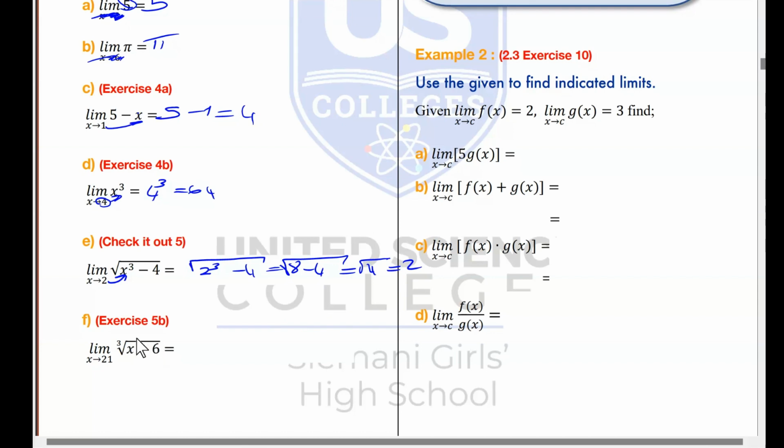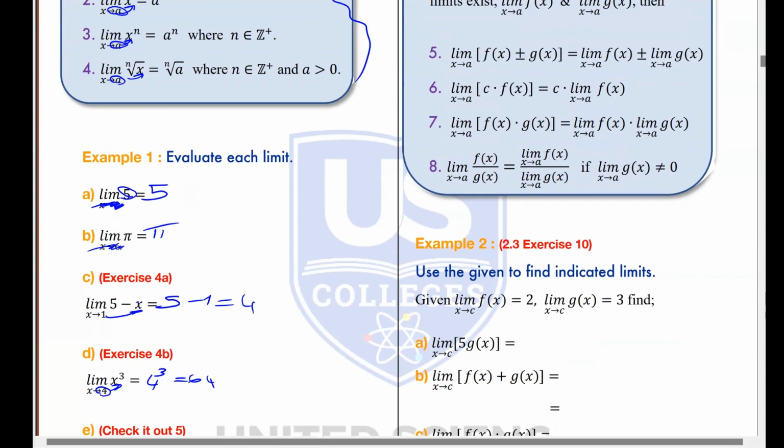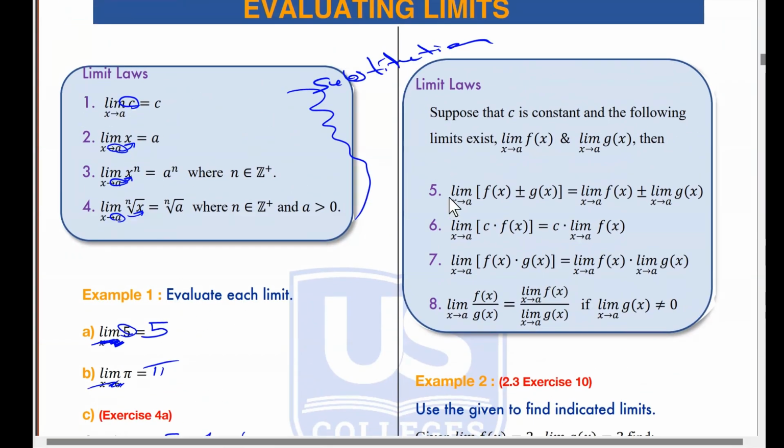Alright. Another radical function question. There is a cubic root. It doesn't matter what type of function we have. We always plug in. Let's plug 21 in. So the cubic root of 21 plus 6, which makes 27. What is the cubic root of 27? It is 3. Okay, these are the first set of rules. I can say there is only one rule here. The second set of rules: